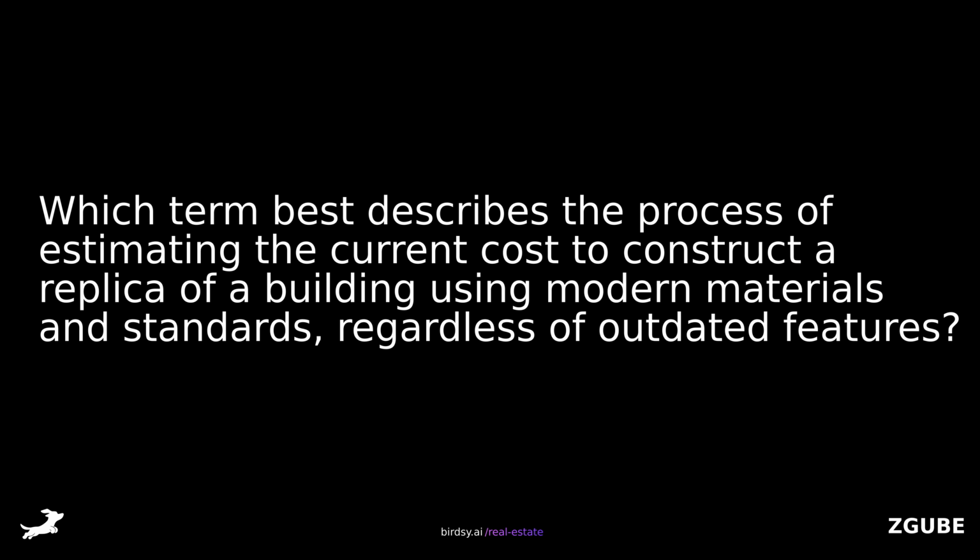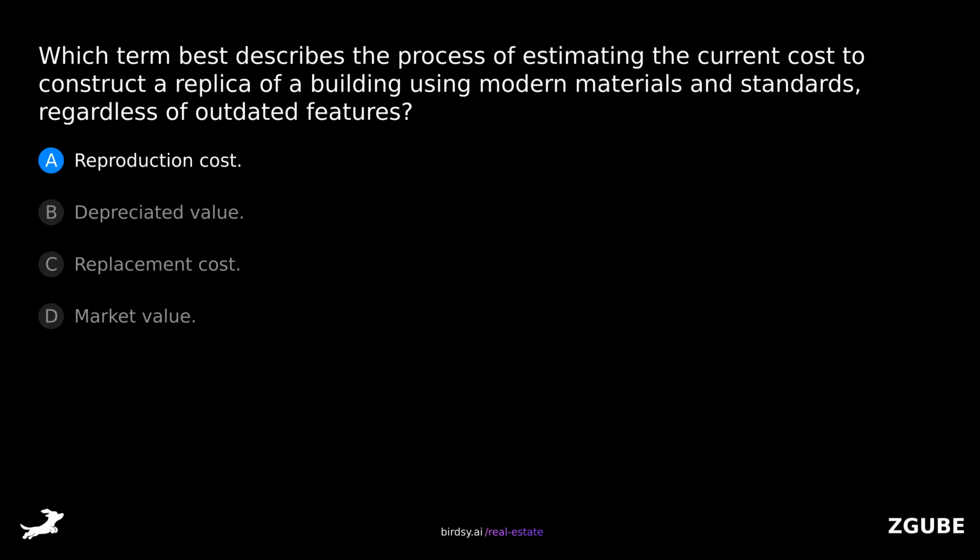Which term best describes the process of estimating the current cost to construct a replica of a building using modern materials and standards, regardless of outdated features? Is it A, reproduction cost, B, depreciated value, C,